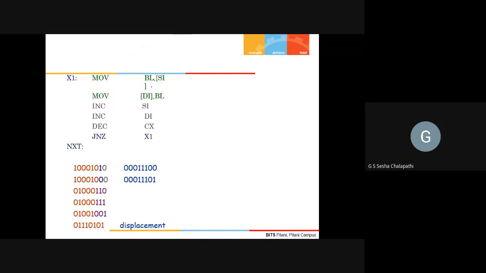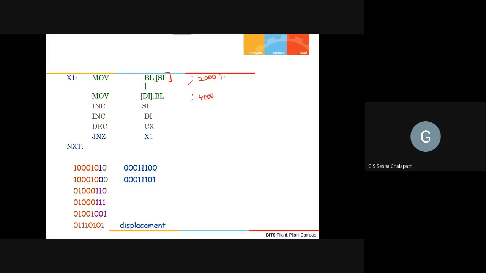Move BL, SI in brackets, and move BL into DI in brackets. One byte of data will be transferred into BL and the same byte of data will now be moved into DI brackets. SI had 2000H and DI had 4000H.